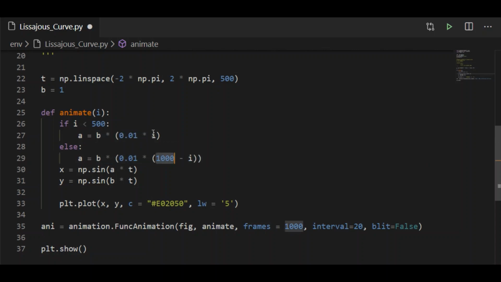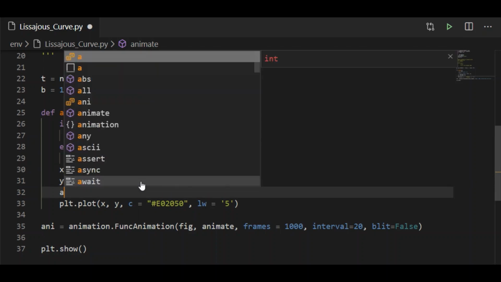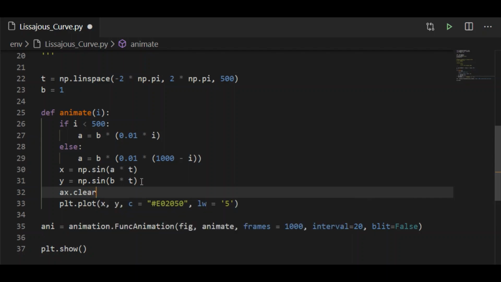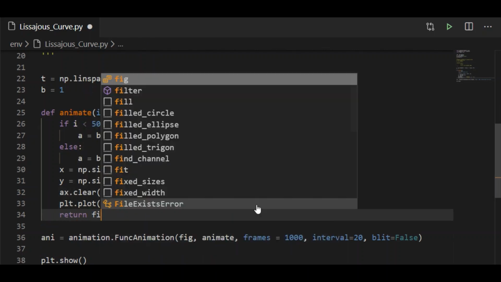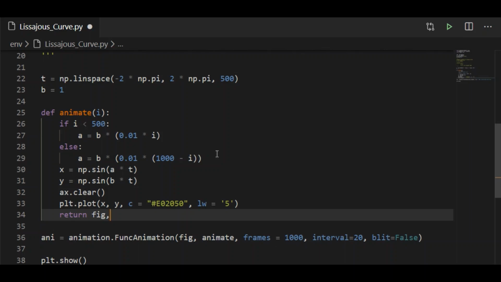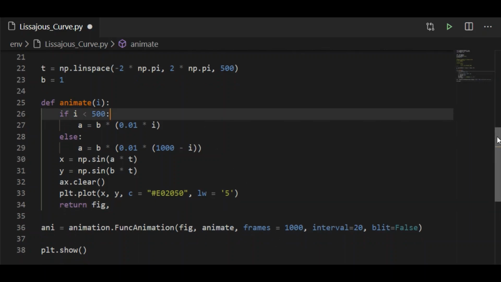As we remember, frames is the parameter passed to the animate function which takes values from 0 to 1000. So our animate function will be moving forward for the first half values of the frames and the remaining half it will move in the reverse direction. So we will have the fully closed animated loop. And one more point is, before drawing the plot, each time we have to clear the screen. So we will call the clear method before plot. And our plot is as usual, which takes x and y with the RGB parameter set with line width of 5, and return the function.